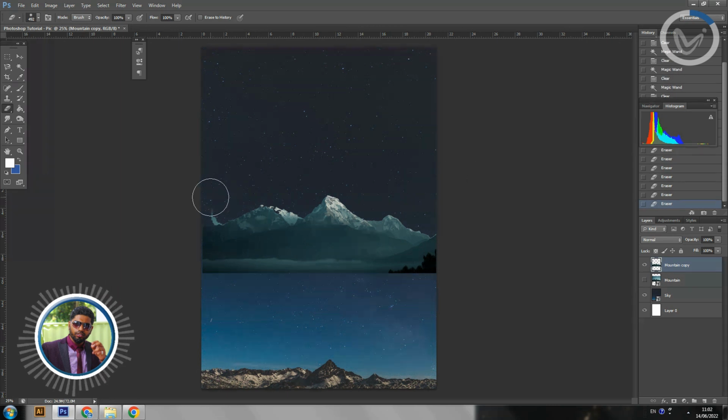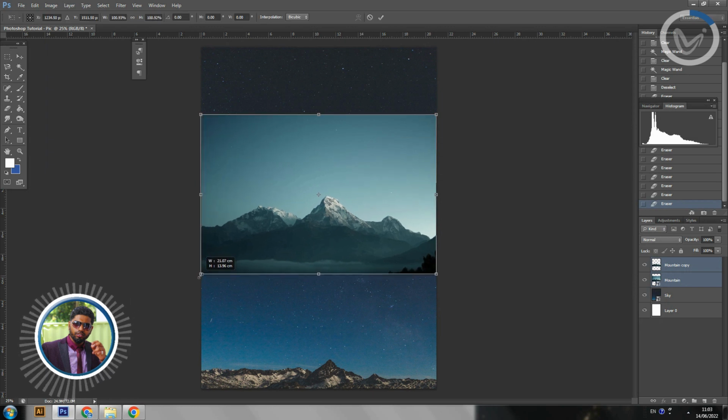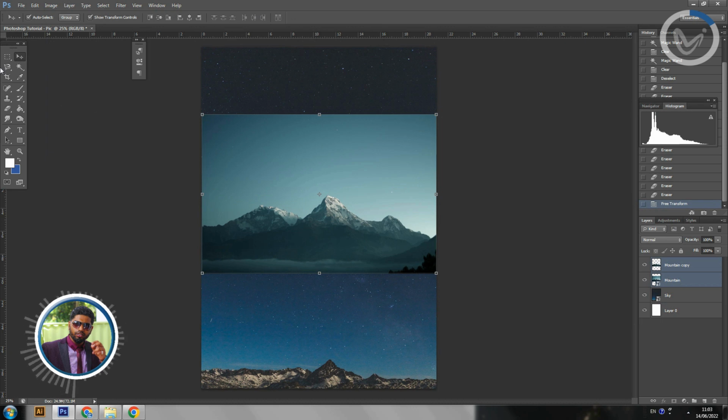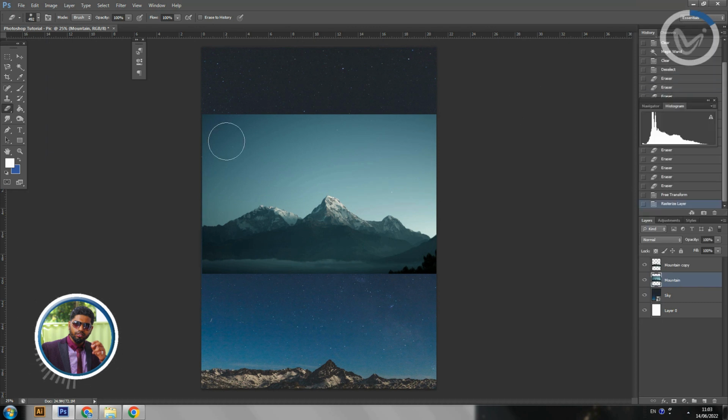Now anyways, what we're going to do now is we're going to put our old layer back again and we're going to blend this in. So let's put the mountain back into place. This should be okay. Enter. And what we're going to do, get our razor tool, and has this been rasterized? No, it hasn't. Okay, so click on this, and then what we're going to do, once again, Control or right click,